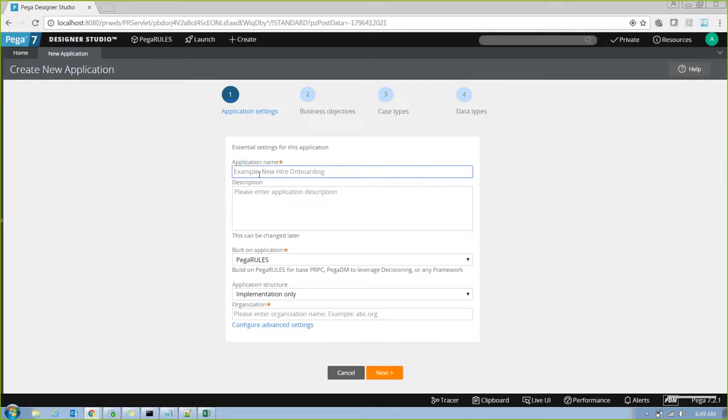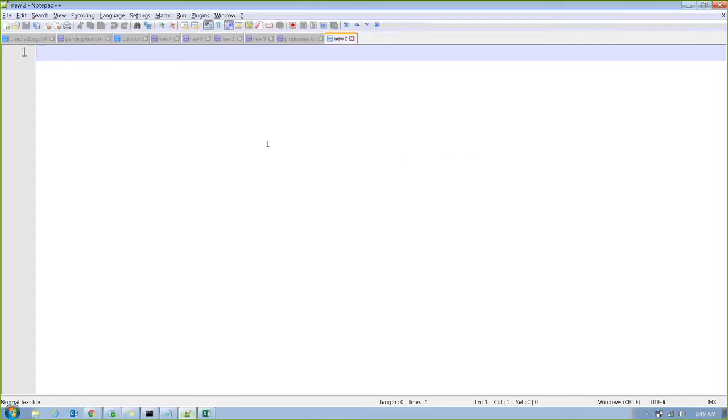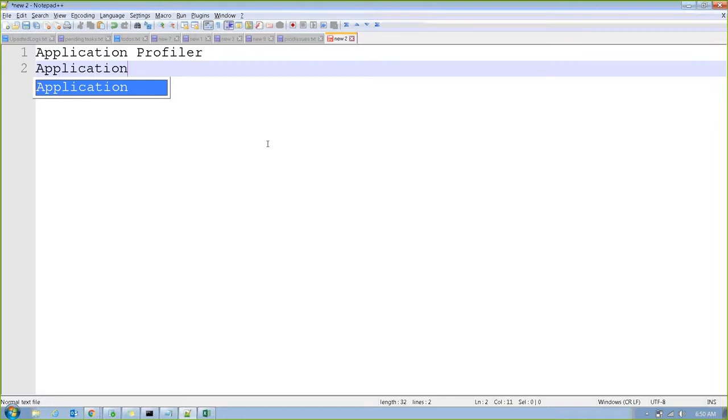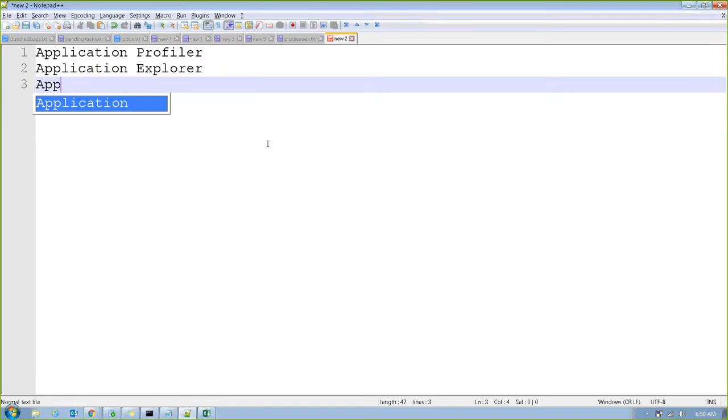Our DCO used to hold around 8 tabs or screens. We actually used to have 3 different tools for DCO: application profiler, application explorer, and application express. So we used to have 3 different tools in Pega: profiler, explorer, and express.